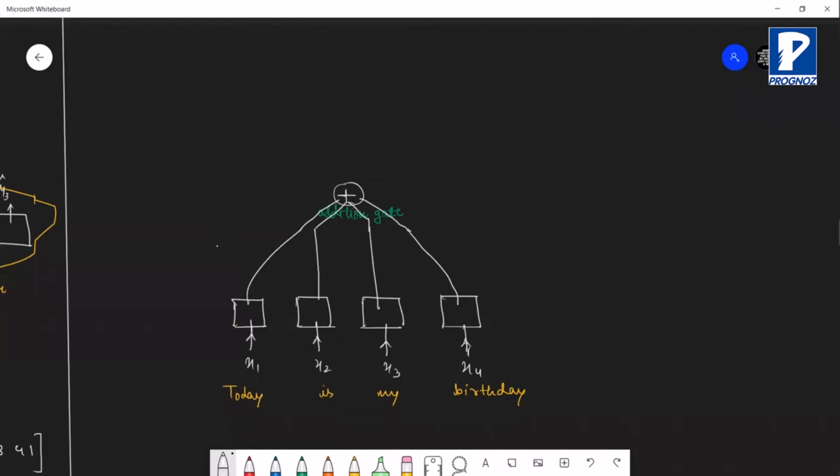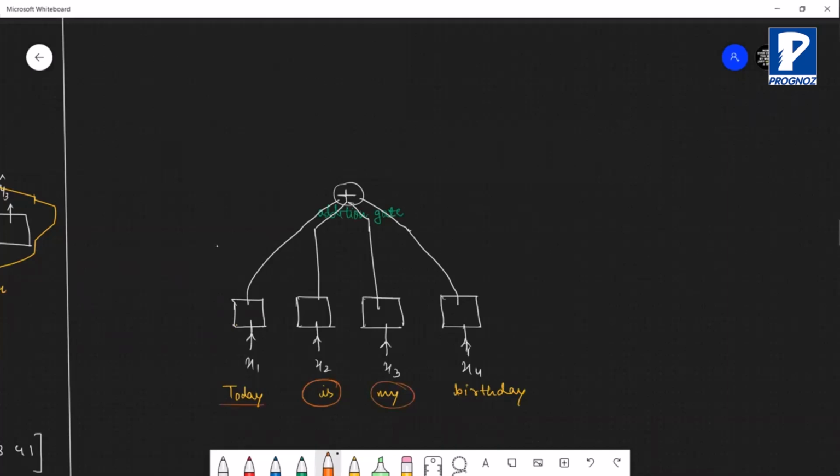Each and every word is not important for us. If you can recall, this is something we have discussed multiple times: if you have stop words in your given statement, we try to ignore those stop words. Those stop words are something like connectors for us. For example, look here too: if we consider this a connector, this is also a connector.